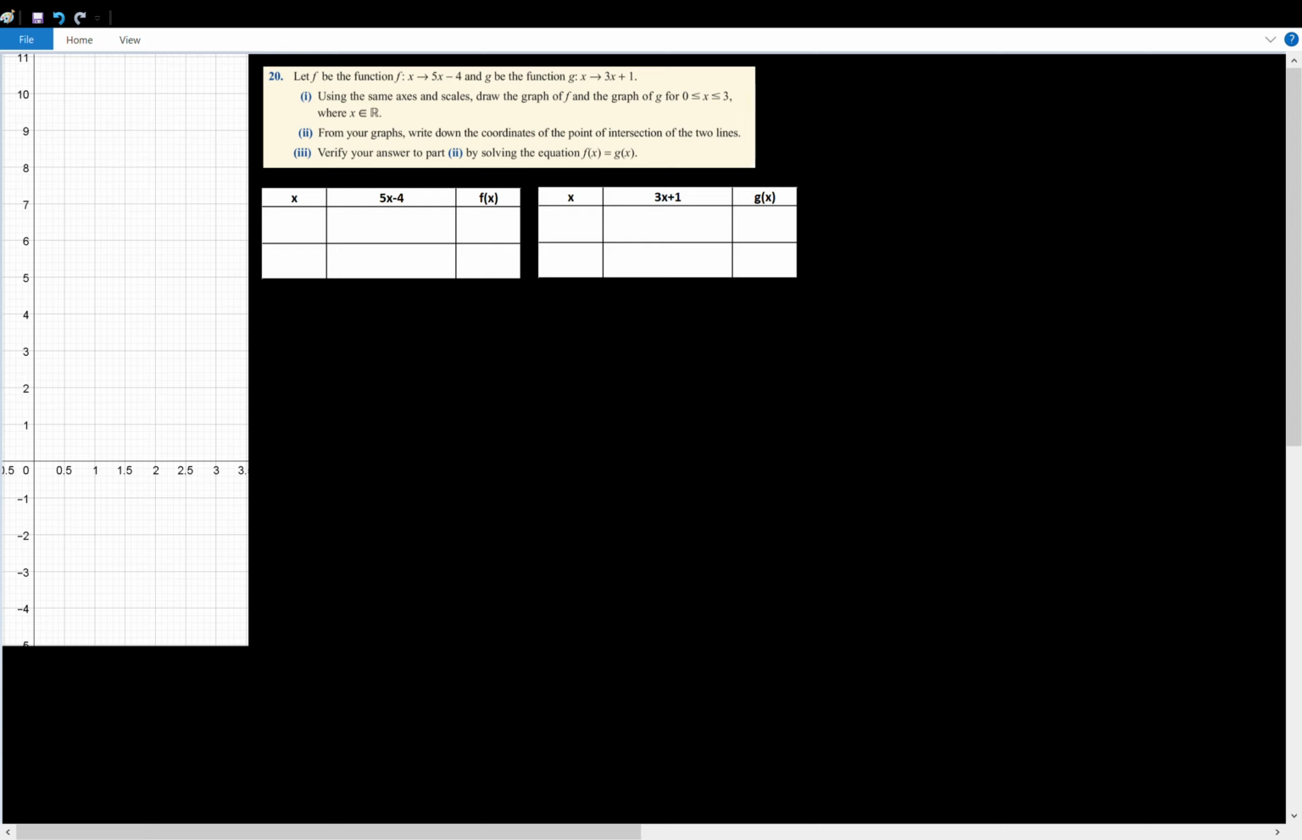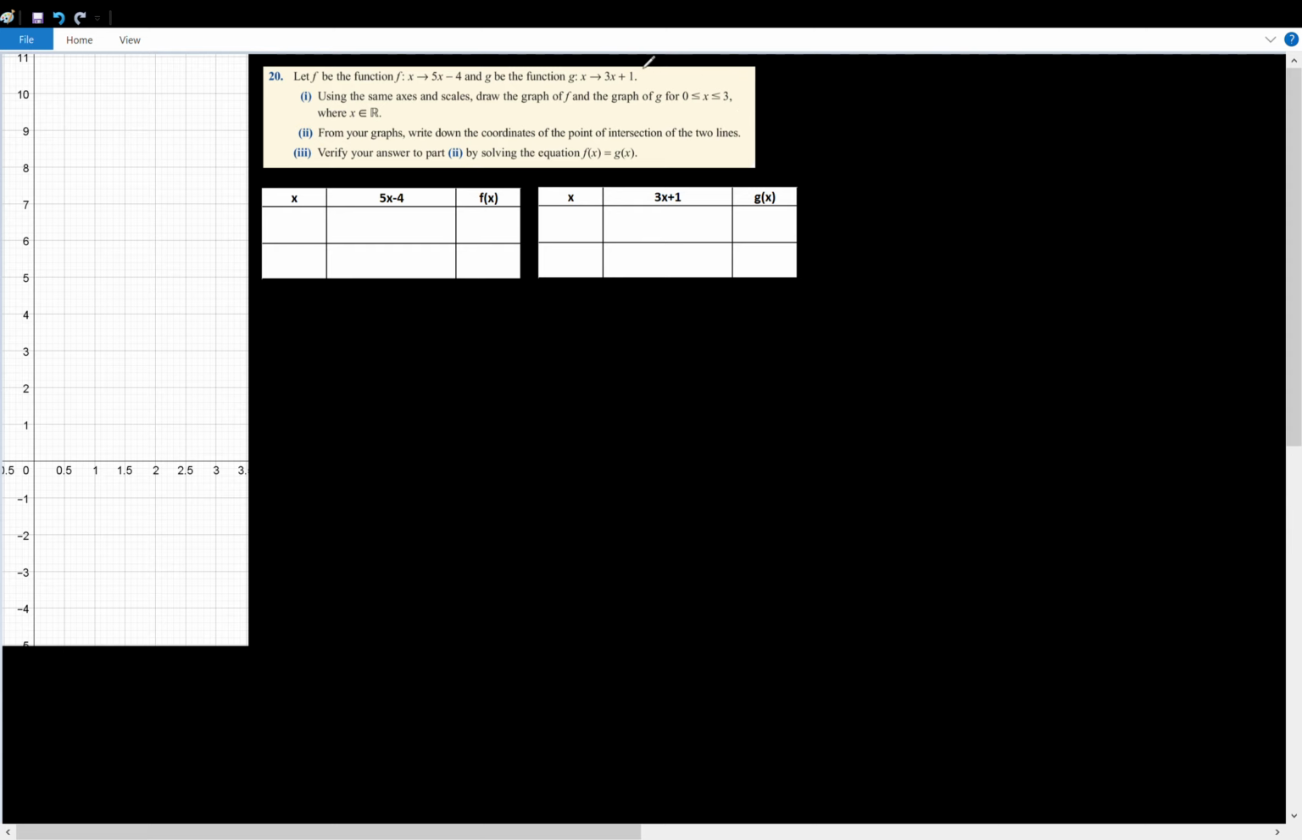This is question 20 from exercise 21.1 in Project Maths 2. We have to let f be the function f of x is 5x minus 4 and let g be the function g of x is 3x plus 1. Using the same axis and scales, we have to draw the graph of f and the graph of g for the domain 0 is less than or equal to x is less than or equal to 3, where x is an element of R. Then, from our graph, we've got to write down the coordinates of the point of intersection